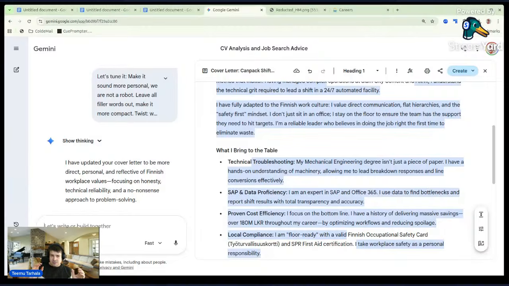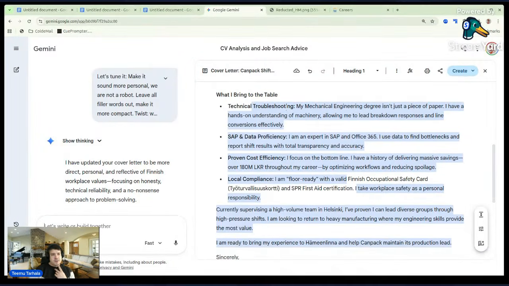For example, if your wife is studying, add that. If you have kids, you can add things you like in Finland. Hobbies, for example. That will give a personal touch to the cover letter, which usually is not added.